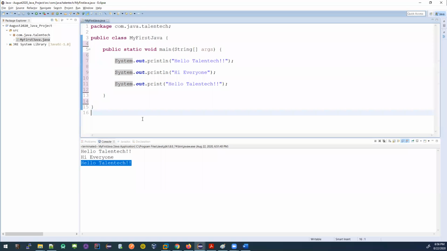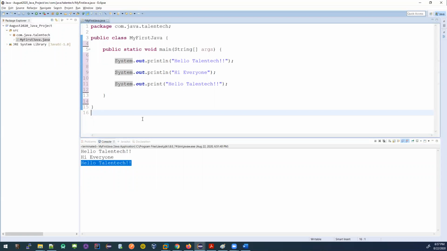So what we learned: how Java works, what the compilers and interpreters are, and how the Java compiler, interpreter, and bytecode all work. We have written a small Java code. What is the convention for writing the Java class name? We must have a class to write our Java code. We must have a main method to execute Java code. We can have only one main method in a single class.